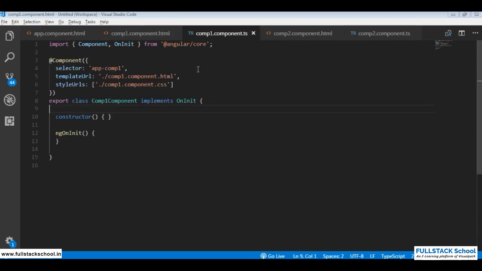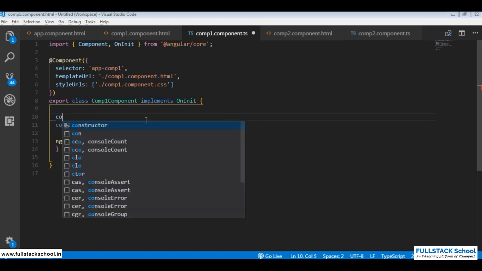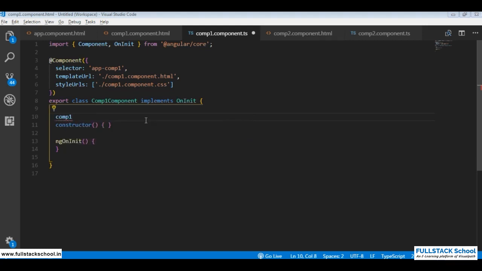In parent component, let me have a variable or property. I'll say component 1 property of type string, which holds some value like component 1 value. I'll save this one,